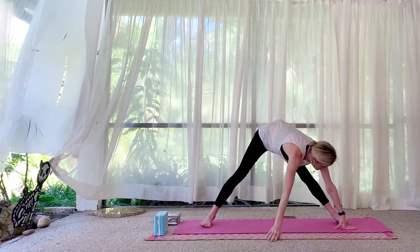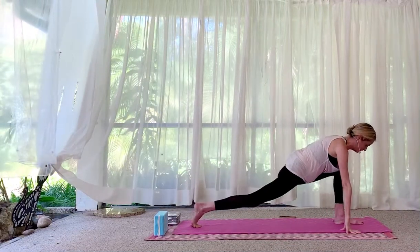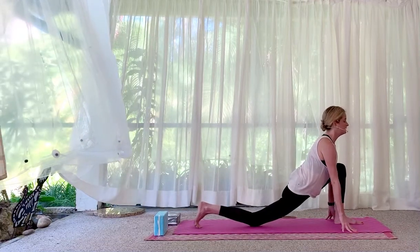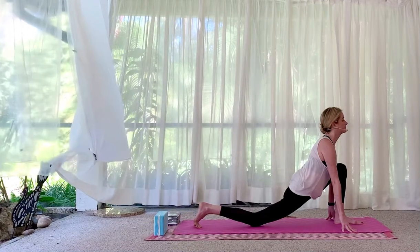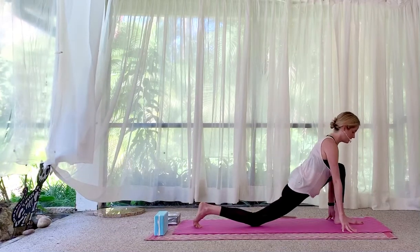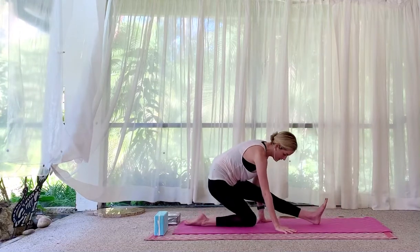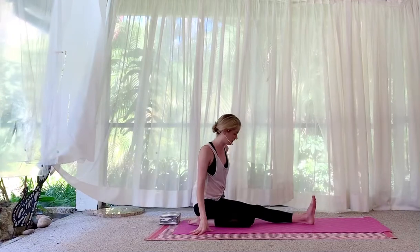Let's walk to the left foot. Transition into a lunge where you lower the back knee. Kneeling lunge. Lift the gaze, feel the right hip flexors. Press back to a half split. Walk all the way back to sit on the right heel, or a block underneath the left sit bone will